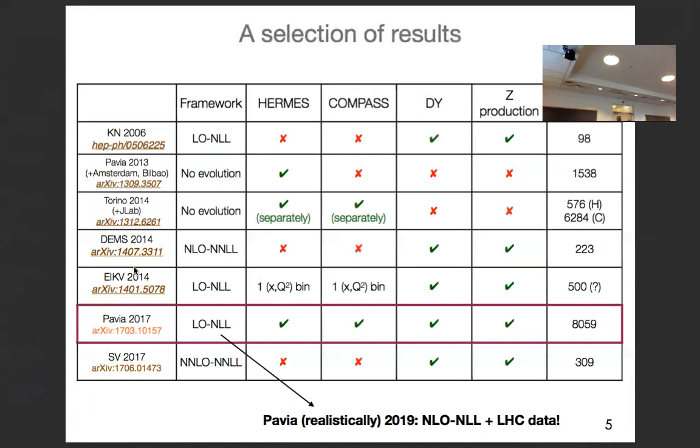Our fit, the Pavia 2017 fit, includes all available data except for the plus and minus data, as I've already said, and is performed with the framework next-to-leading log, leading order. So leading order with coefficients, and next-to-leading log with pseudo exponents. I wish I could write here Pavia 2018 for the update of this fit, but realistically it will be 2019. And the framework will be next-to-next-to-leading log, next-to-leading order, so the Wilson coefficients will be at next-to-leading order, and we will include LHC data for Z